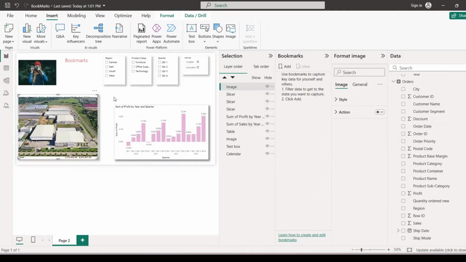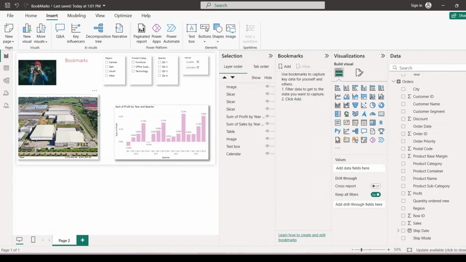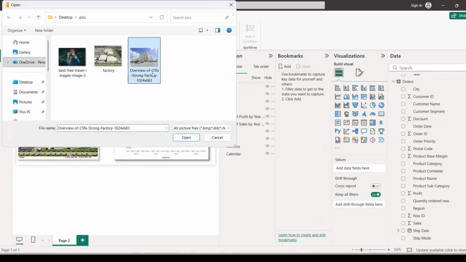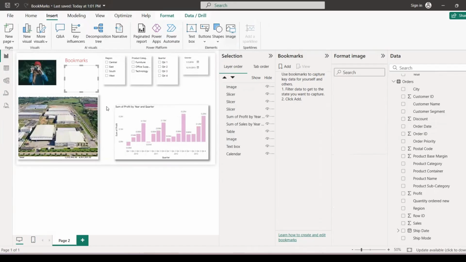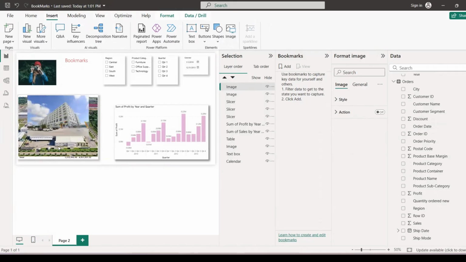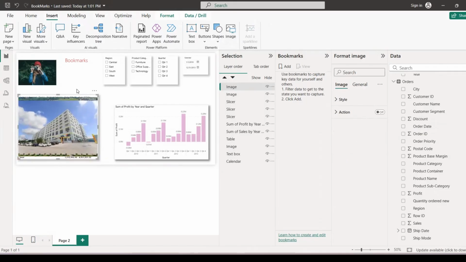Something like that. And I can also add the third one, the other office, like this. I can also put it in the same spot, like we did with the graphs also.